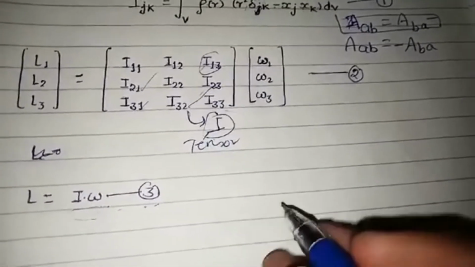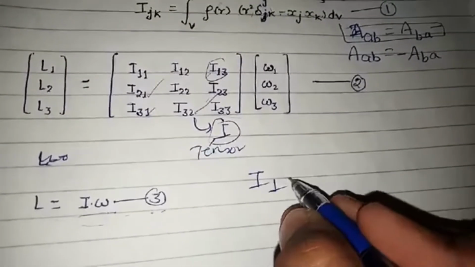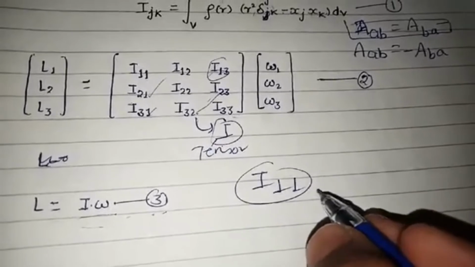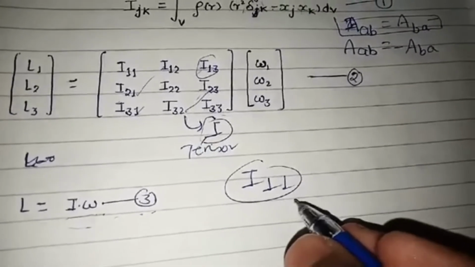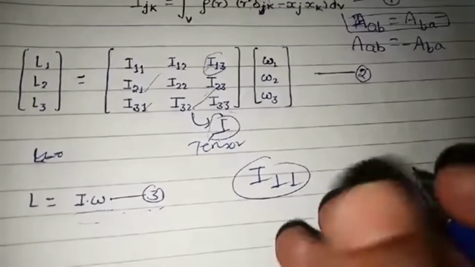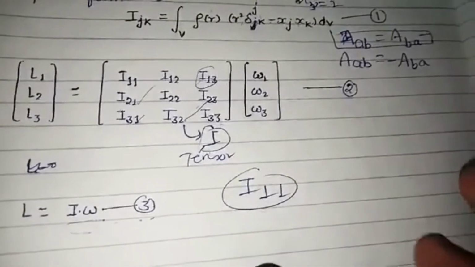क्वेश्चन नंबर 3 देते हैं, where the quantity I is a second rank tensor. टेंसर को कैसे देखते हैं, ये एक रैंक का टेंसर है, ये टू रैंक का टेंसर है। इंडिसेस के हिसाब से हम देखते हैं कि सेकेंड रैंक का टेंसर है, and is usually called the moment of inertia tensor. मोमेंट ऑफ इनर्शिया टेंसर कहते हैं, और ब्रीफली इसे हम इनर्शिया टेंसर इसी को कहते हैं।